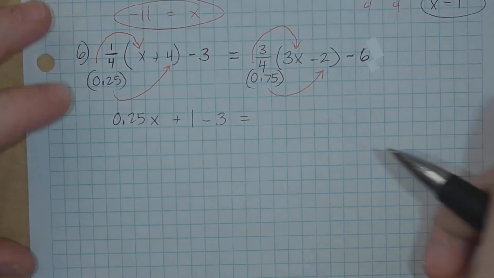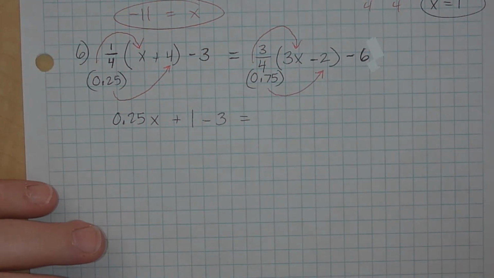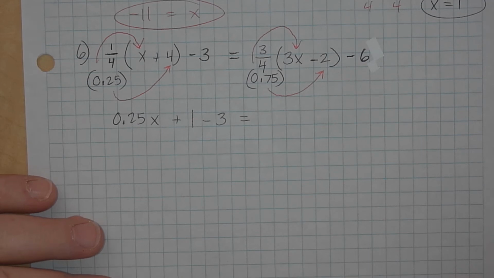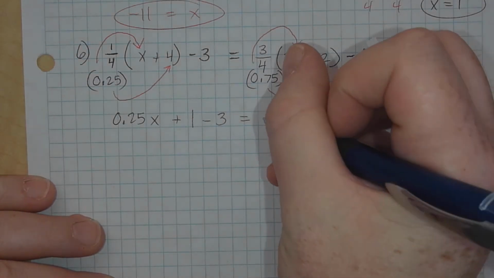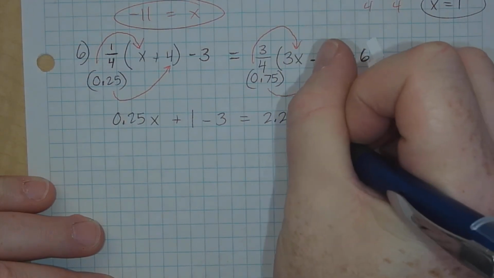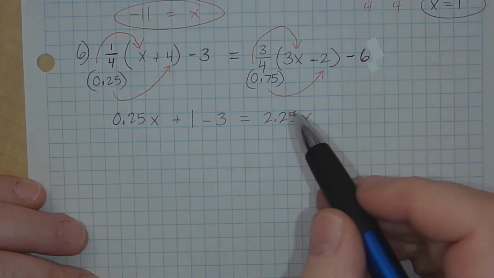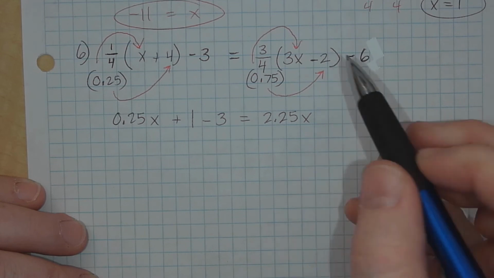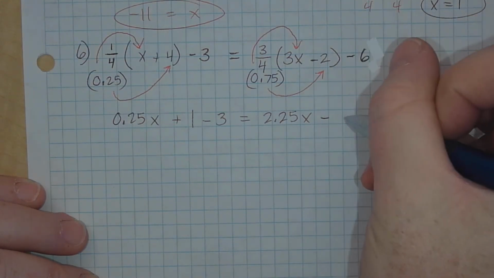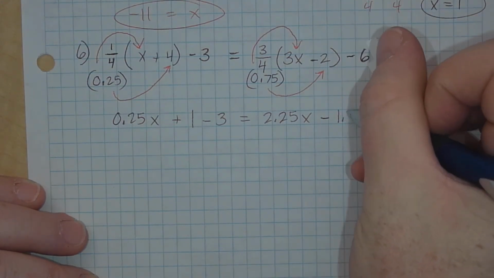Subtract your 3. 0.75 times 3x is going to be 2.25x. 0.75 times 2 is going to be minus negative 1.5 or 1.50